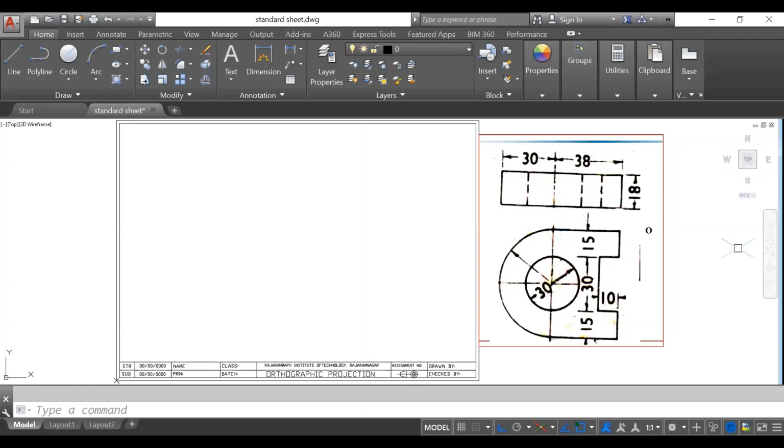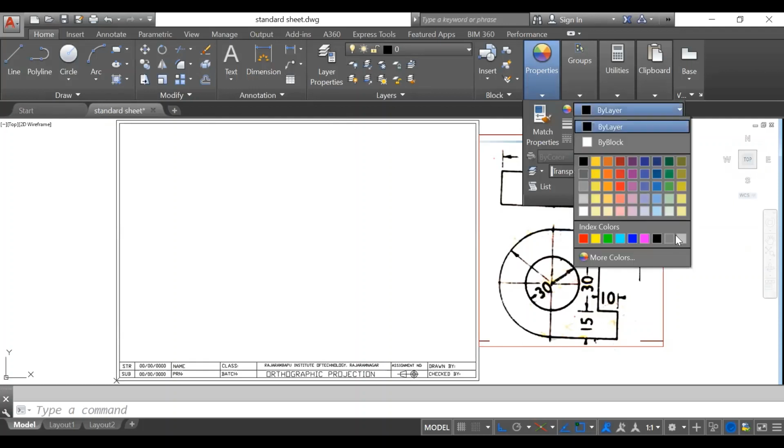So considering these dimensions, we have to draw the isometric projection. We are not supposed to convert the actual dimension to an isometric dimension. We will consider the dimensions as they are, and you are not supposed to give the dimensions at the end of the diagram. Okay. Now, first of all, I will use the 18 mm height here. So start with height while drawing.